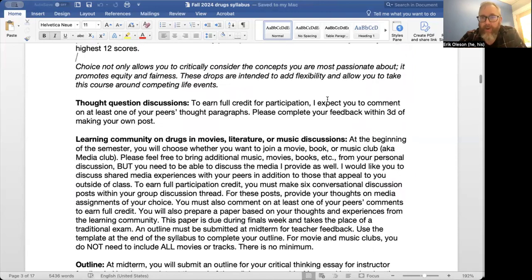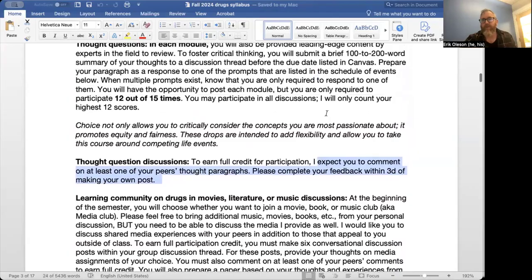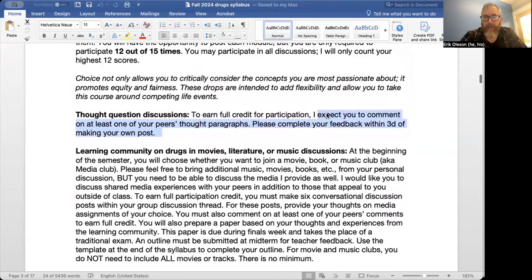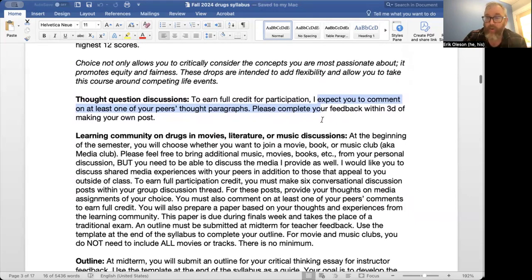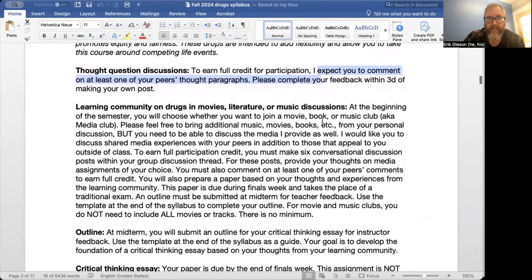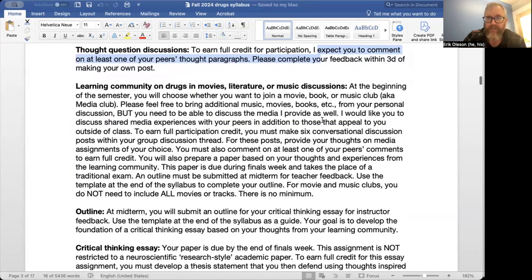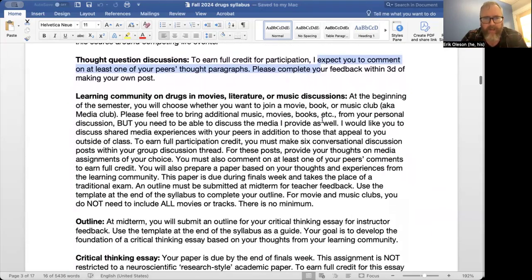In addition to posting your 100 to 200 word summary, I would like you to comment on at least one of your peers' thought paragraphs. The idea here is to have comments and peer-to-peer interaction and discussion, which is very important for fostering a sense of community in an asynchronous online space. I expect this comment to be made within 3 days of making your own post. If I notice that you are not making these responses to your peers, I will deduct points from your thought